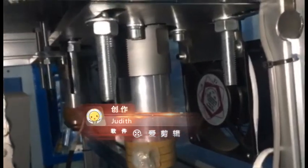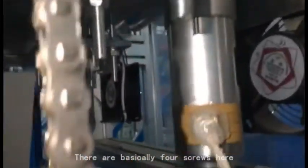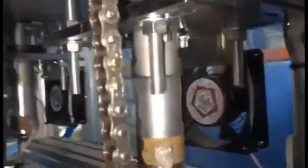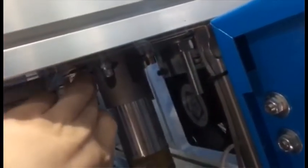Check here. It has four squares here. In one ultrasonic. And if the out part is not well, you need to loosen this square and this square to let the ultrasonic up a little, or here,